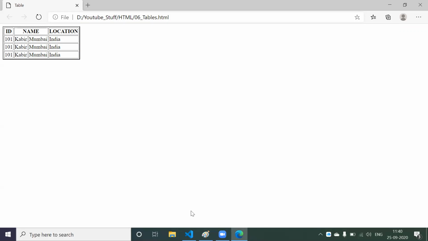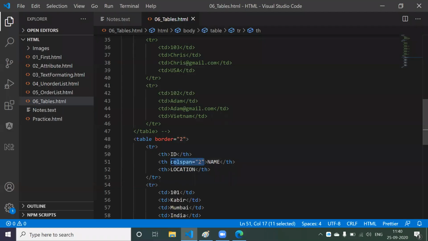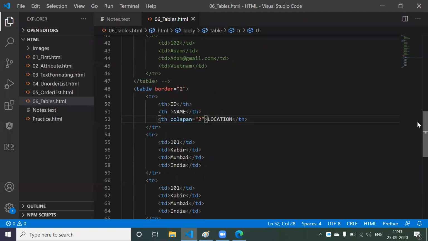So let's remove from here. According to our requirement, it should be in the third th. Okay, fine, we have done it. Now this was the case of your columns. Now I want the case in rows as well. So for that, what we have to do,